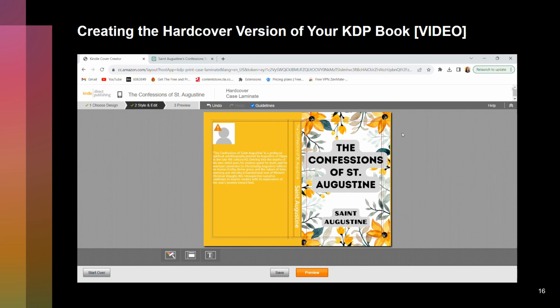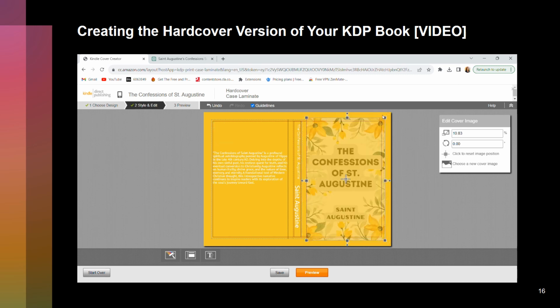And bear in mind that the book cover, all the words, everything written should be inside this red line, because that's where Amazon KDP is likely to trim the book. So as you can see, the confession is spilling out from the red line. So I think what you need to do here is to shrink that in. Yeah, shrink that in,